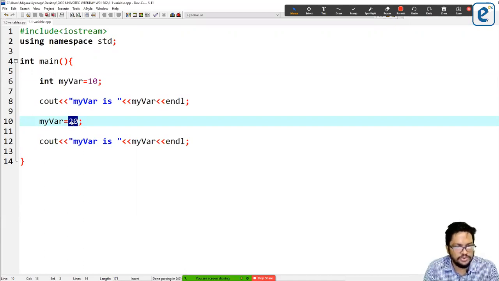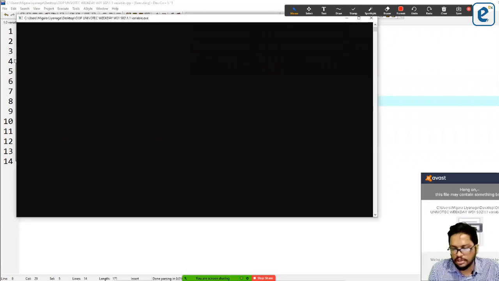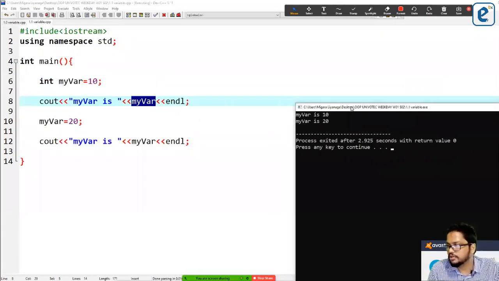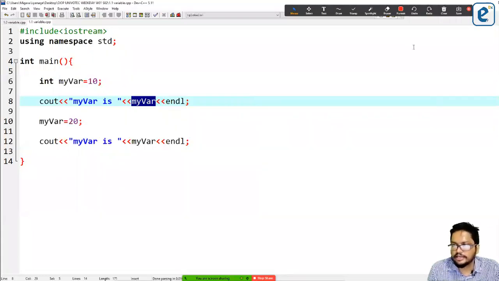Right? Understood? So when I print it, you can see 10 and 20. So you can change it to any number you want. Okay, so then the other thing is that, yeah, let me create a new code.